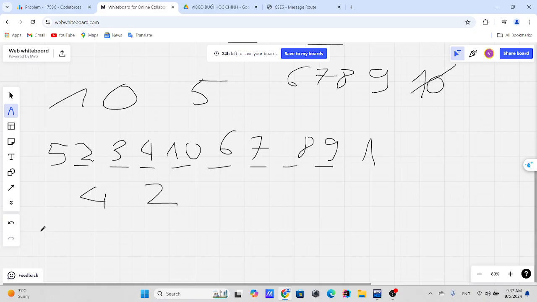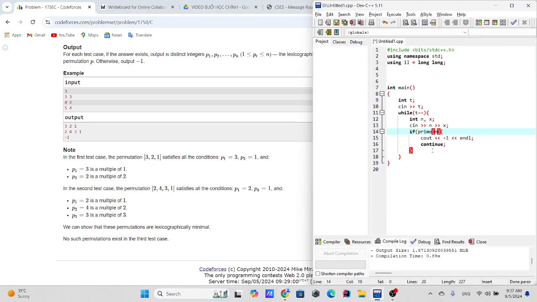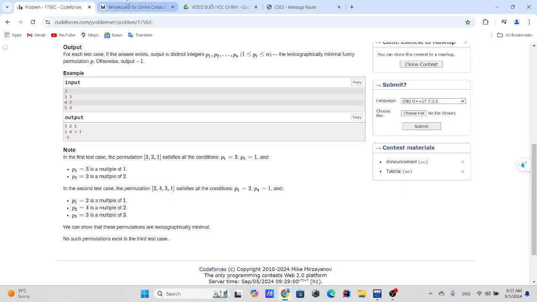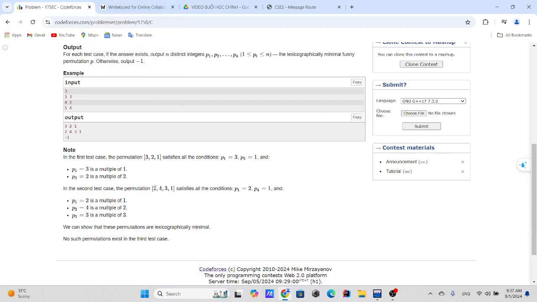Let me try again. 2, 1, right? Okay, so 2 is already occupied. Okay, okay. Now I think that I know the answer for this problem. Yeah, I think that I know the answer for this problem. I don't think we really need to write a prime function. It's unnecessary. So